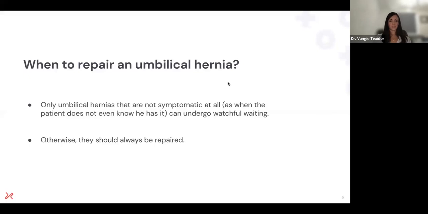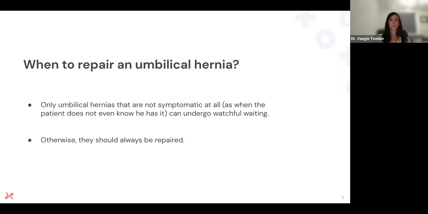Okay. So umbilical hernias should, for the most part, always be repaired. It's a point in the abdomen of high pressure, and they end up getting incarcerated more often than not. If the patient comes to you and they're